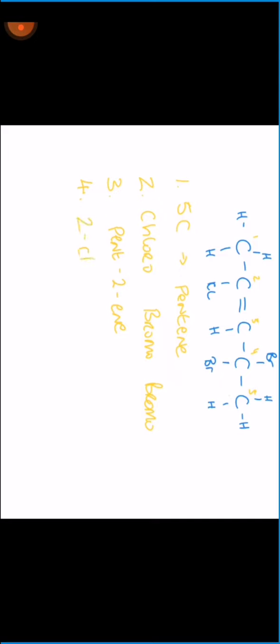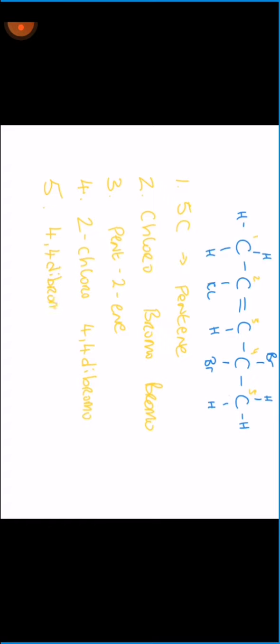So I know it's going to be 2-chloro, and I know it's going to be 4,4-dibromo. And I know it's going to be 4,4-dibromo because there's 2 bromos, and that's why it's di, and it's 4,4 because the bromines are both on the same carbon. So now let's assemble the name. So it's going to be